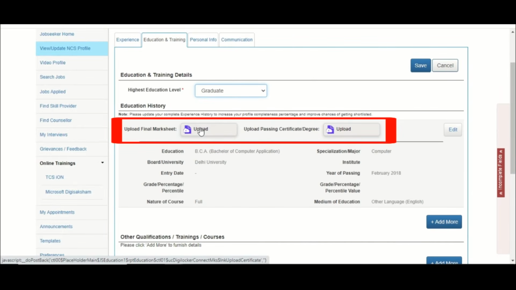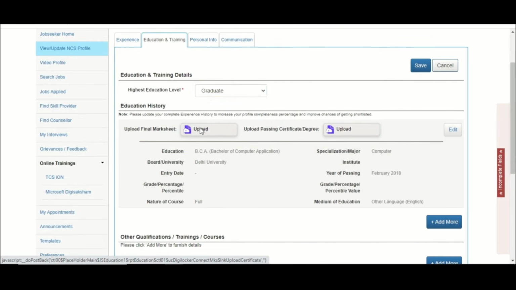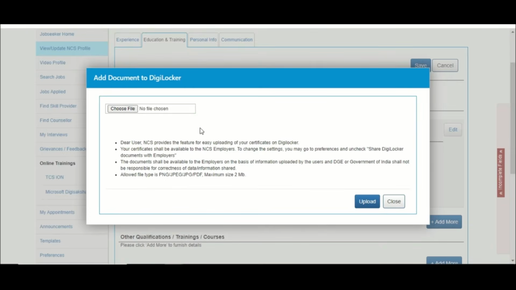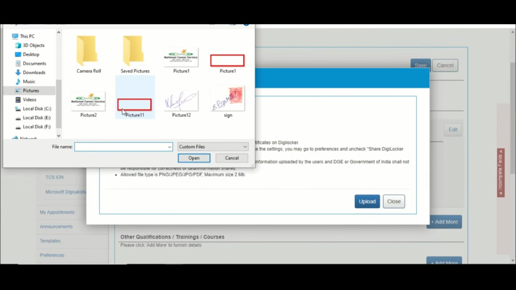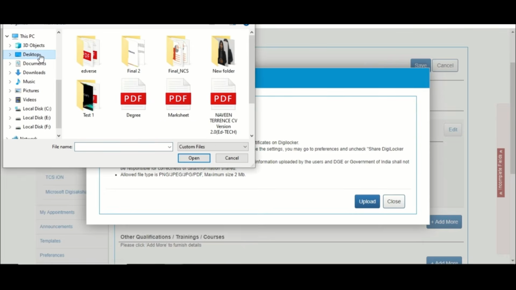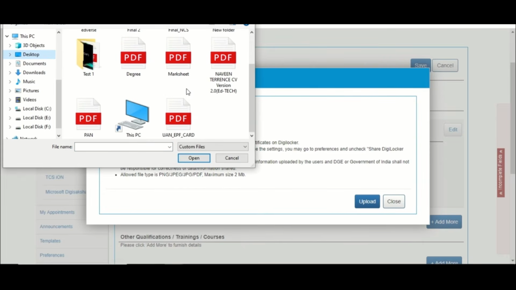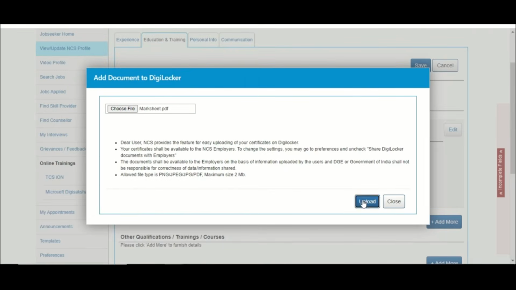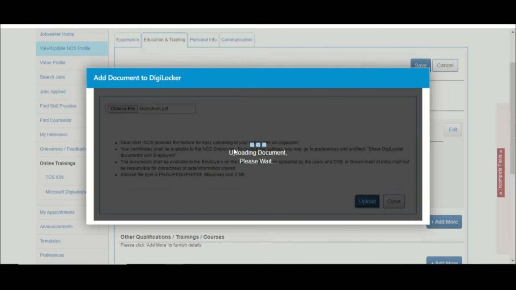It is mandatory to upload certified documents related to your educational details for authentication purposes. For this, simply click on the Upload Document button, log into your DigiLocker account, and select the document you wish to fetch. Once selected, the document will be linked and uploaded to the NCS portal. Remember, both NCS and DigiLocker are government-authorized secured platforms, so you can rest assured that your documents are in safe hands.